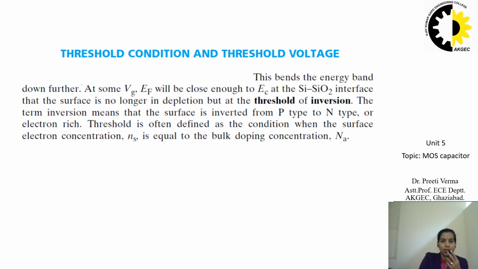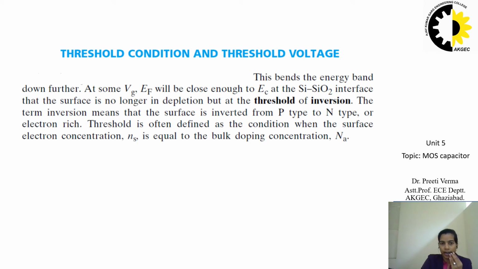At some Vg, EF will be close enough to EC at the Si-SiO2 interface that the surface is no longer in depletion but at the threshold of the inversion. The term inversion means that the surface is inverted from p-type to n-type or electron-rich. Threshold is often defined as the condition when the surface electron concentration Ns is equal to the bulk doping concentration